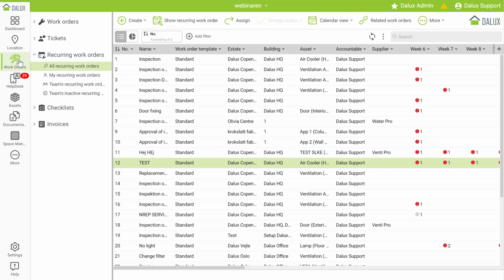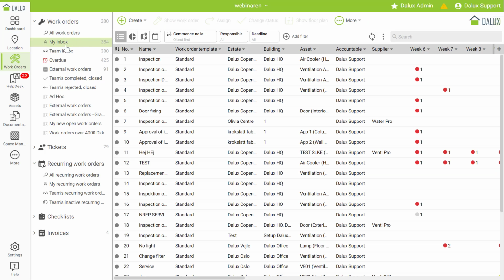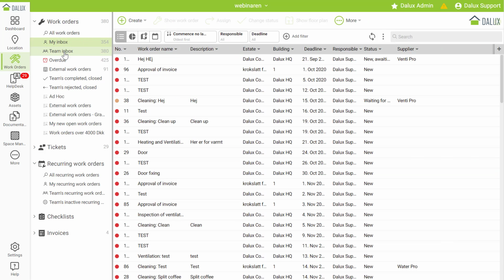Briefly, if we go to work orders, you can see that we have my inbox and team inbox. This is how we differentiate what's on me as a person and what's in my team in terms of work orders. Another way to put it, if we set up our teams correctly, we can make sure that what we see in our inbox and our team inbox is the right work orders that we need to deal with and not everything else. Setting up teams, we go to settings